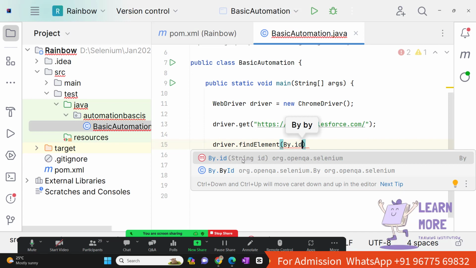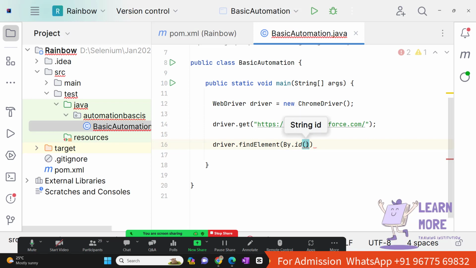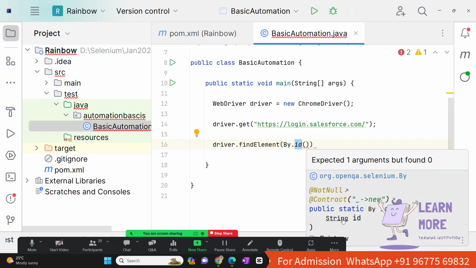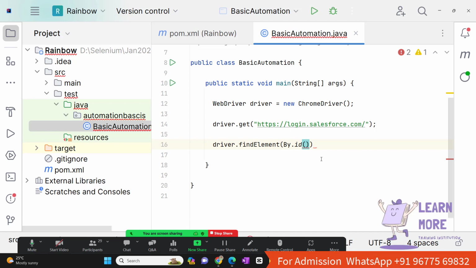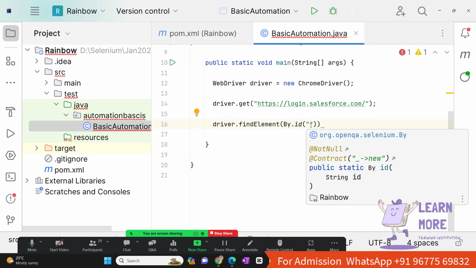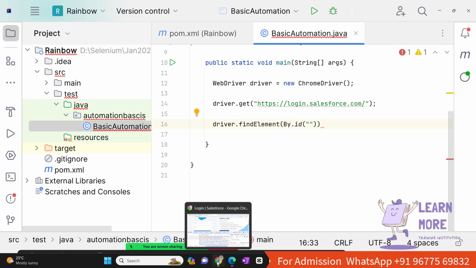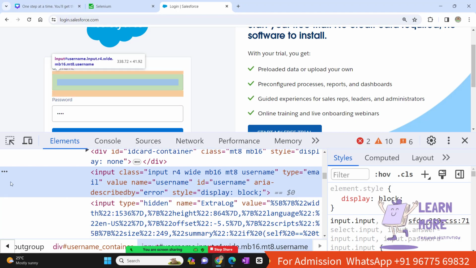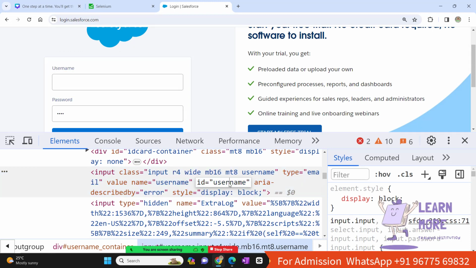So why is it parameterized? In the sense that we need to provide the attribute value. Now I'm using the method called id, and as this id method is a parameterized method, what is the input we need to inject? We need to inject a string input. So I'm mentioning it in double quotes, and inside it I'm going to pass the attribute value. In the respective node we are going to check the id attribute and whatever attribute value is